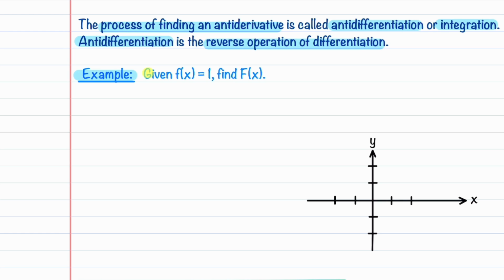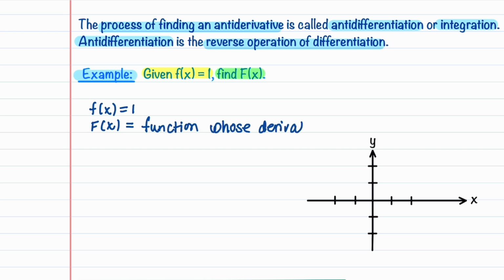We are given little f of x is equal to 1, and we want to find capital F of x. Let's start by writing down little f of x is equal to 1, and then capital F of x is the antiderivative of little f of x, and we want to think of this as the function whose derivative is equal to 1. If we take the derivative of x, we get 1, so capital F of x